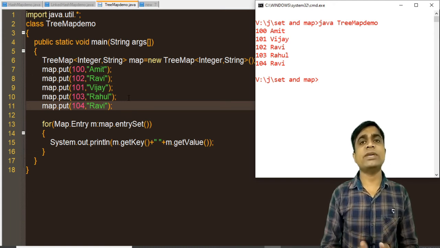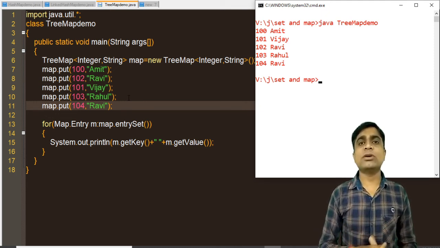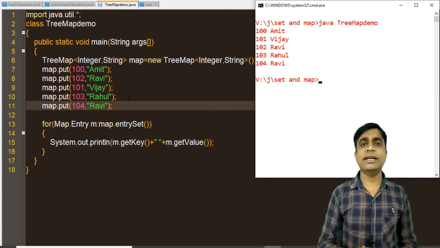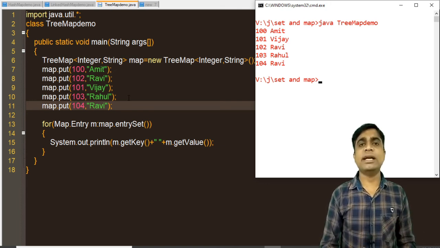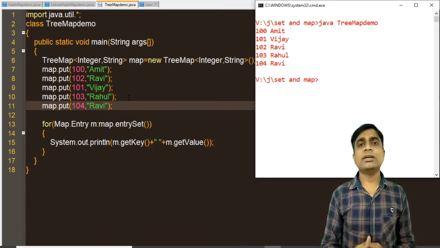In a set interface, duplicate values are not allowed, but here the data can be stored in duplicate manner also, because there is a key behind the data. Using the key you can access the data. But in a set interface there is no key behind it, so you cannot access the data using a key. We only have the value. That's why duplicate data is not allowed in the set interface.